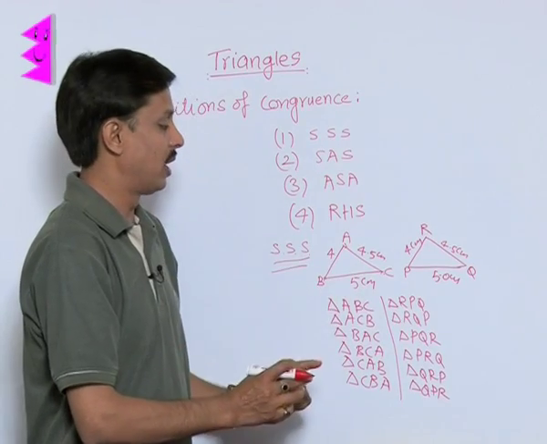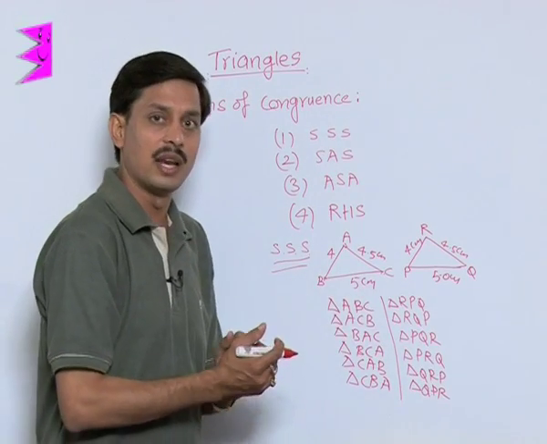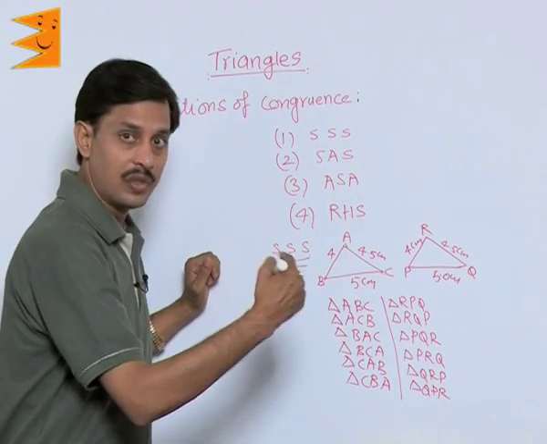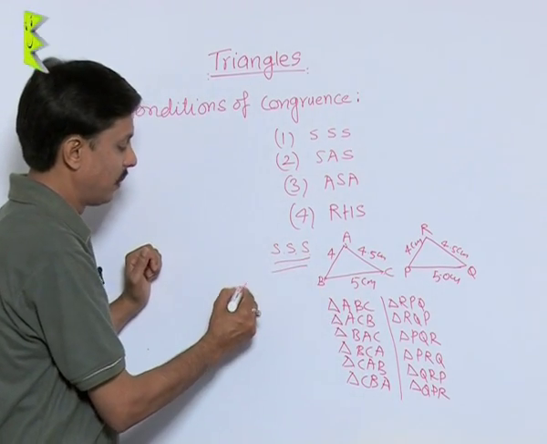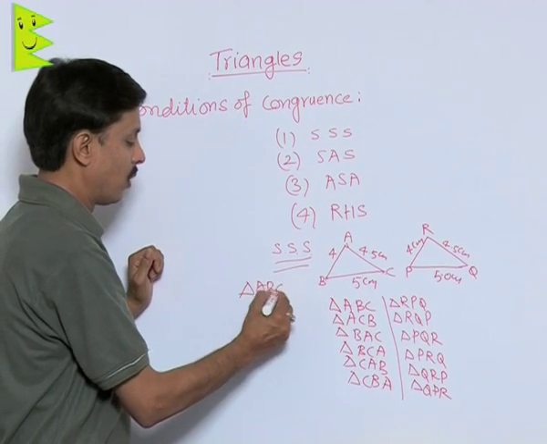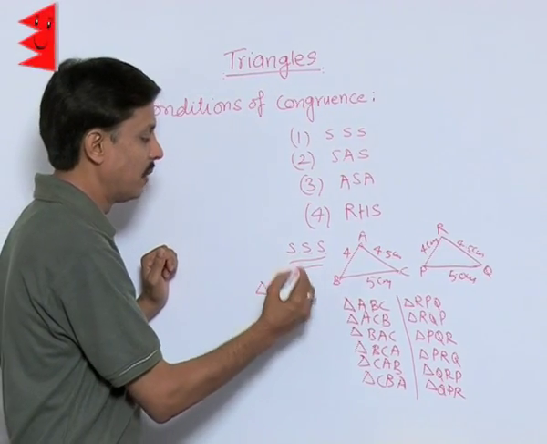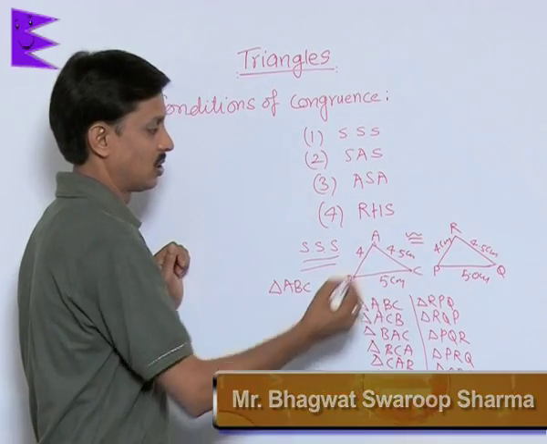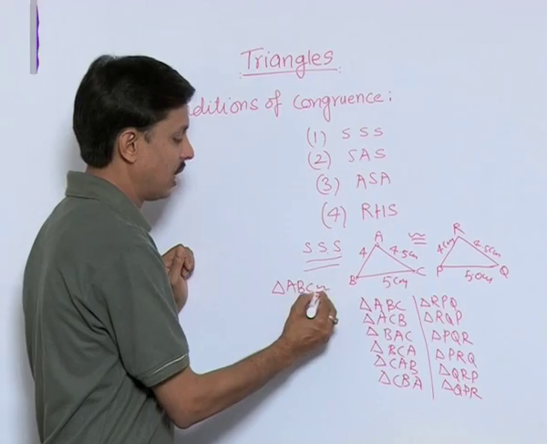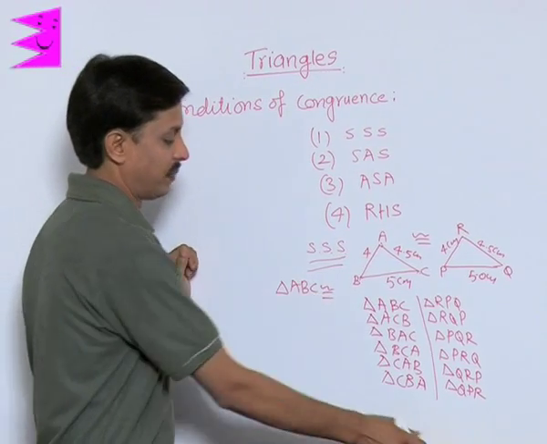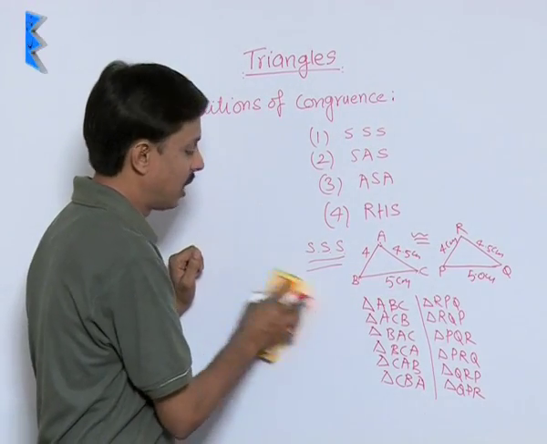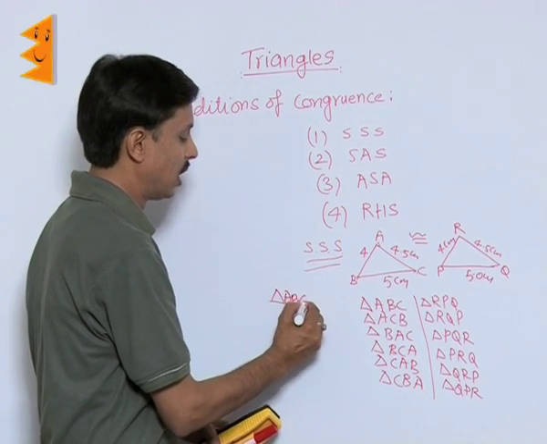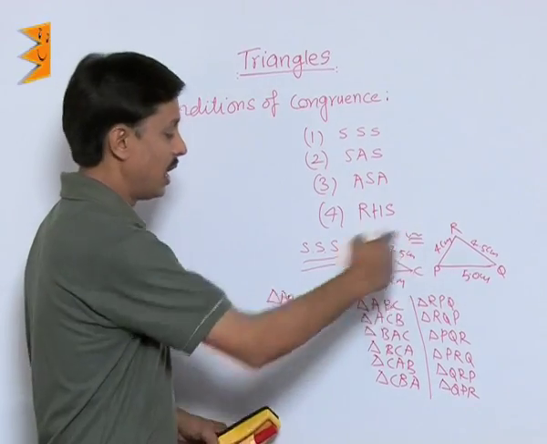For each separate name, another triangle exists as congruent. So if I ask you that for triangle ABC, the symbol of congruency is this, like similarity, and then, triangle ABC is congruent to which triangle? If I ask you that, triangle ABC is congruent to which triangle? There is a name of the second ABC.